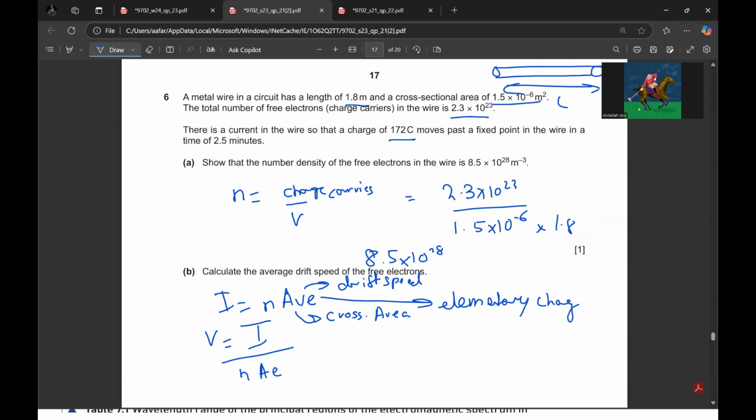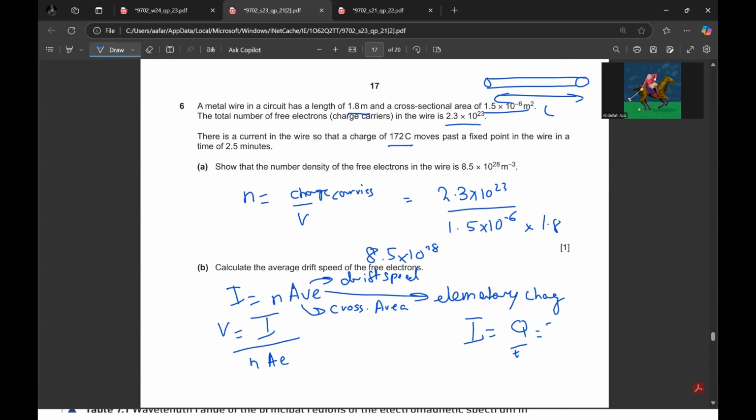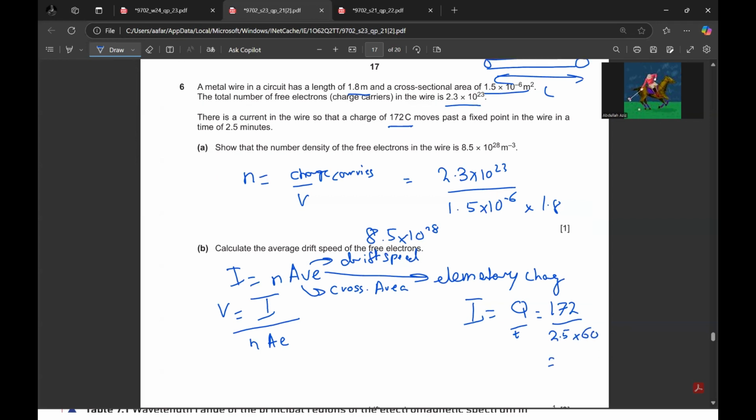But we need to calculate the current. So we know that current is basically charge over time, and they've given us charge as well as the time. 2.5 minutes, how many seconds are those? 2.5 into 60, each minute is 60. So the current is basically 1 point